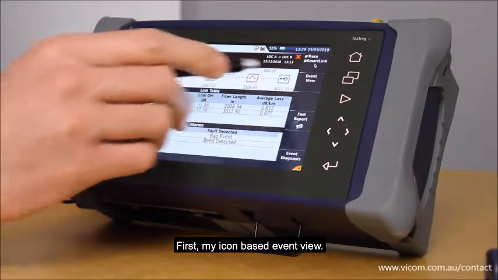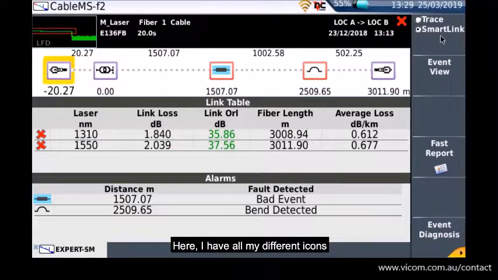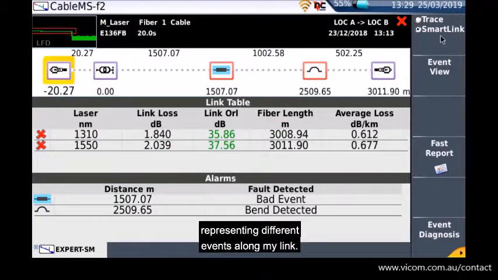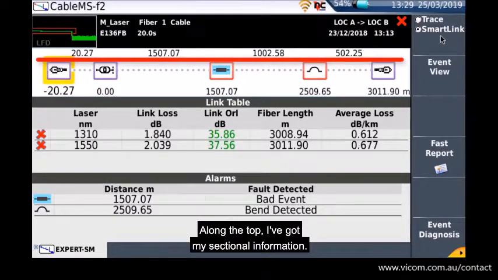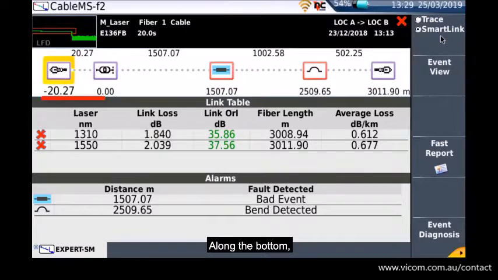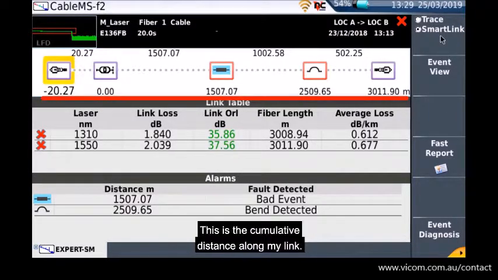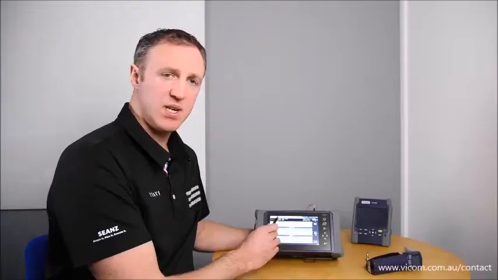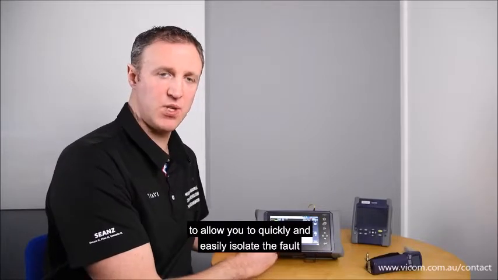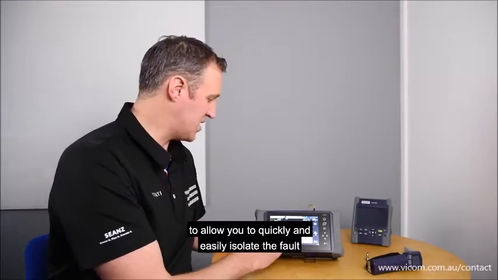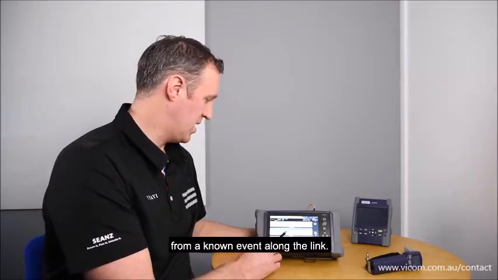First, my icon-based event view. So here I have all my different icons representing different events along my link. Along the top, I've got my sectional information. This is the sectional distance between my events. Along the bottom, I have my cumulative information and cumulative distance. This is the cumulative distance along my link. This provides vital information to allow you to quickly and easily isolate the fault from known events along the